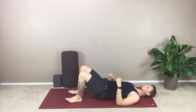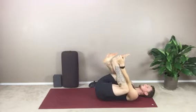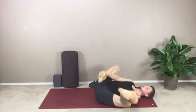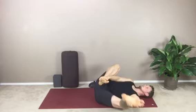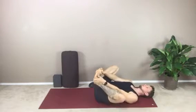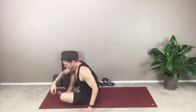Lower down, lower the hips, hug the knees in, hold outside the legs or outside the feet for happy baby. Bring the right heel towards the groin, left leg extends to the left. And then other side. And rock side to side like this, stretching the hamstrings. And then from here, hug the knees in, rock along the length of the spine, and come up to a